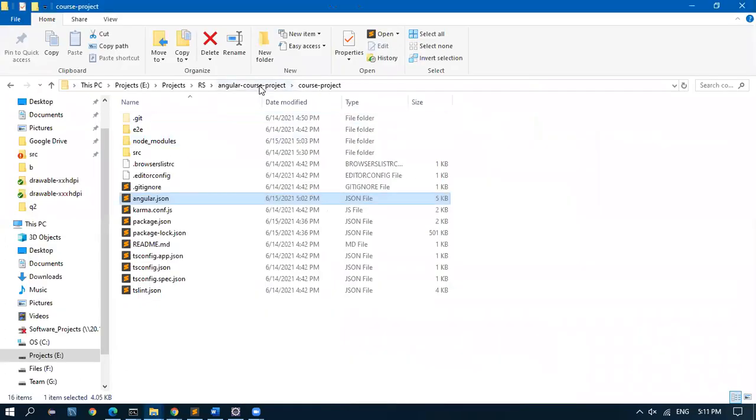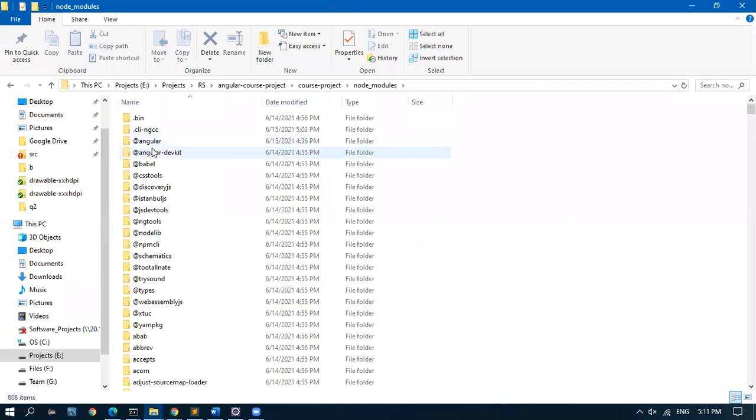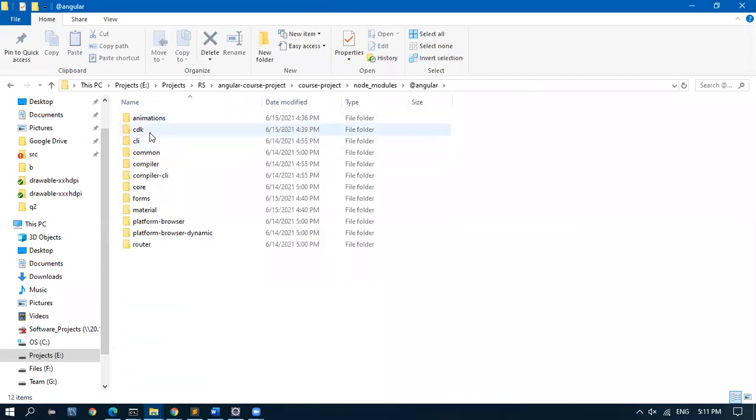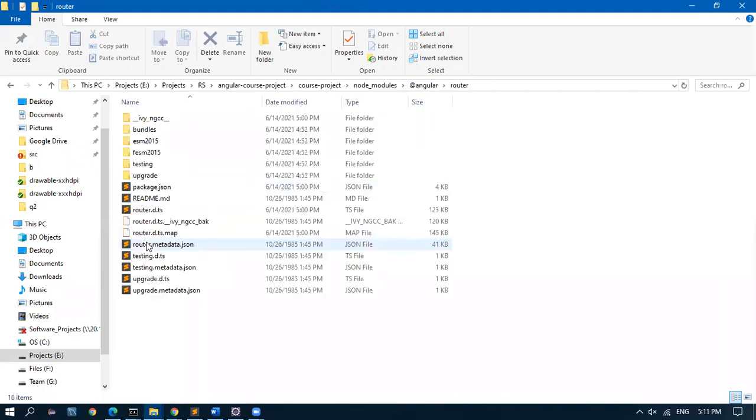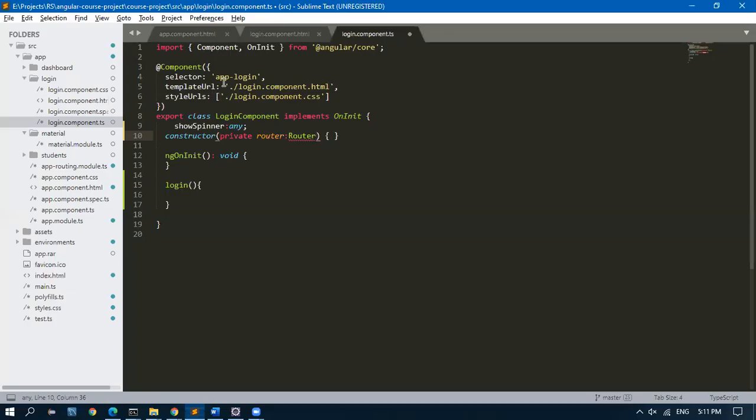If I don't want to go into that, I can go into node modules, Angular slash router. Let me try. My net is loading very slow. So import router from @angular/router.